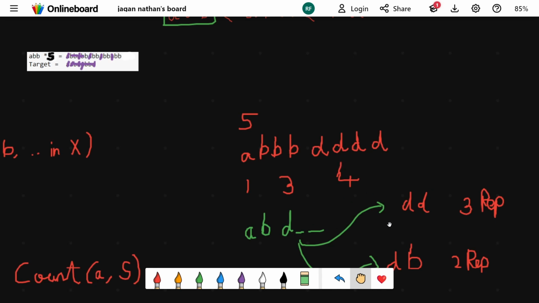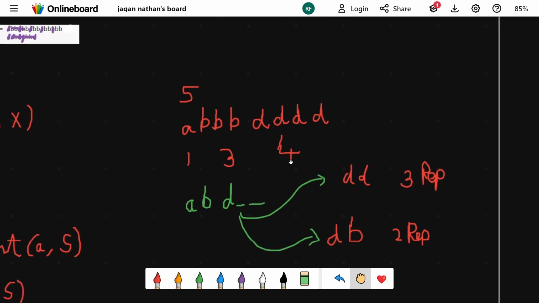These 2 places we can fill either with both D or with D and B. If we fill both with D, then we'd have to do 3 repetitions in order to form the given S. But if we fill it with D and B, we just have to do 2 repetitions. But the ratio of D's to A is greater than the ratio of B's to A. So that arises a scenario where you have to take into account the ratio between D and B as well, and so on. When there are 26 alphabets, we have to take a lot of edge cases